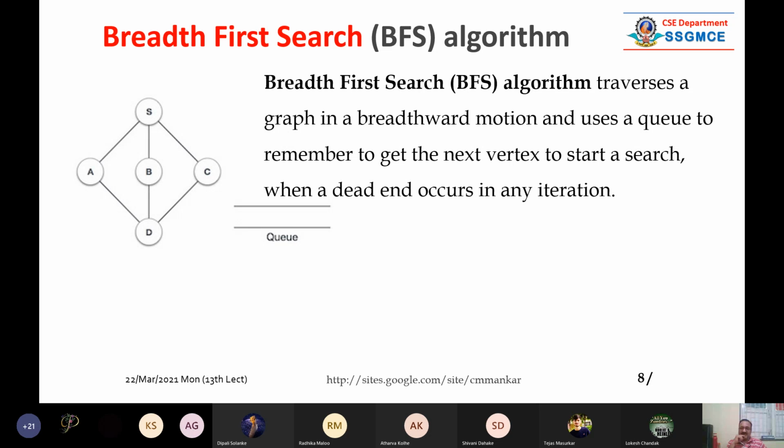And we require some terms like Q, DQ. So I hope you know the meaning of the queue. FIFO, first in, first out. LIFO means stack, last in, first out. So when we require some algorithm, we require some data structures. So queue is a data structure, tree is a data structure, stack is a data structure, like that. Then there are concepts like enqueue, dequeue. These are the concepts. We shall see through this example.